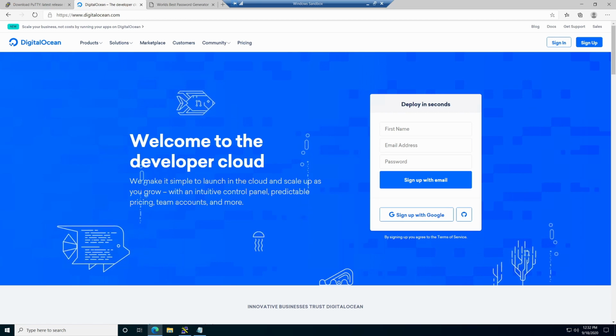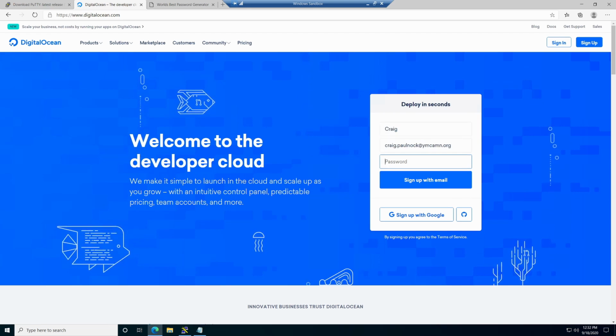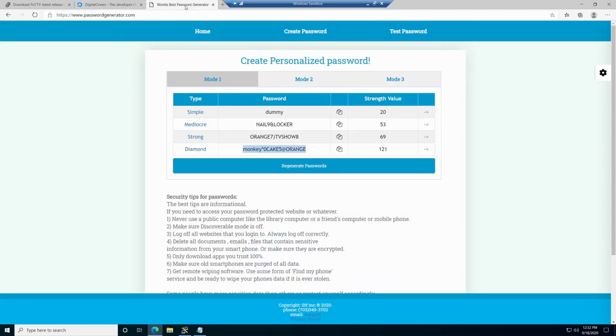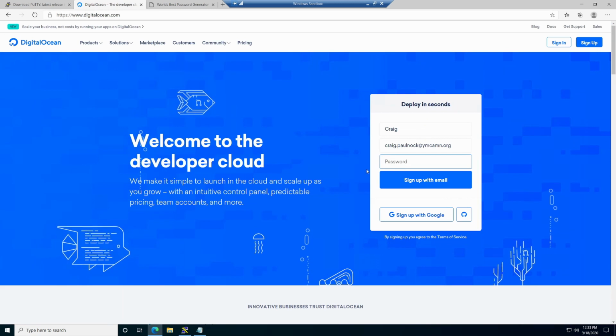If you don't yet have an account on DigitalOcean, then on the homepage enter your first name, an email address, and now we need to create a secure password. We recommend using a password generator service like passwordgenerator.com. You can click on Regenerate Passwords, and this will create a custom password that is random and just for you. We recommend using the diamond level password. To copy this, highlight the text, right-click on Copy, go back to DigitalOcean, and hit Paste, and then click on